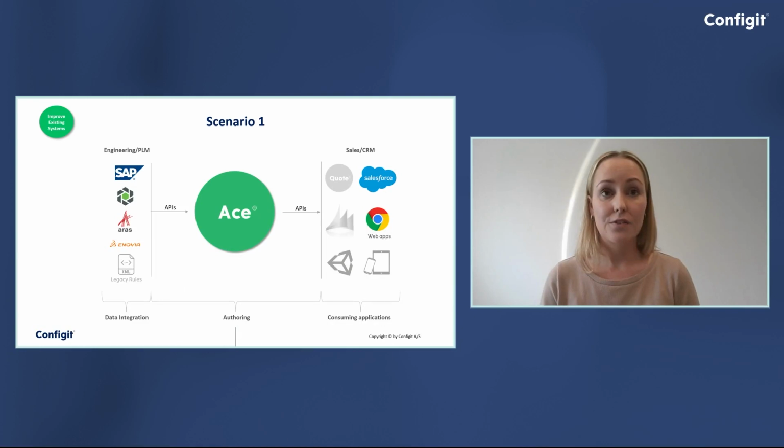So in this first scenario, it is about extending Salesforce CPQ with an external configurator. And as I mentioned before, this is one of the benefits of using ACE, that you can take these configurators as standalone and then plug them into other systems. And this is also something that is possible because Salesforce has this external functionality so that you can hook in